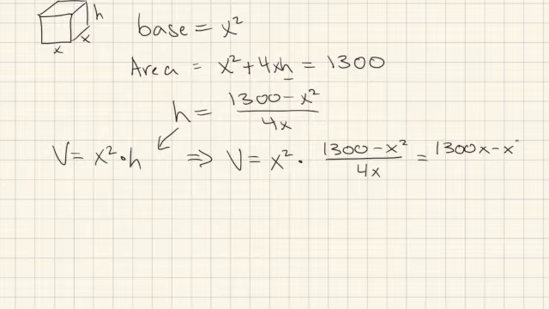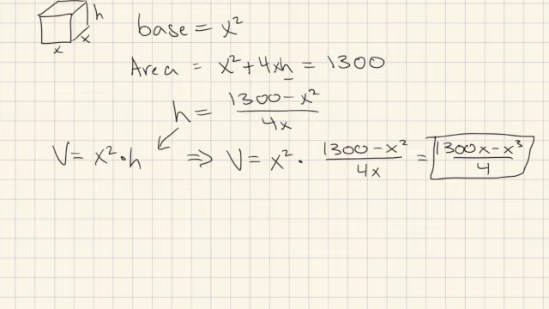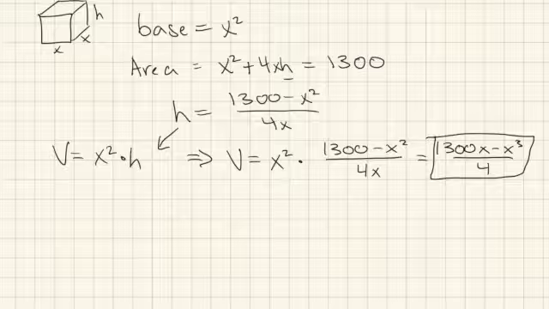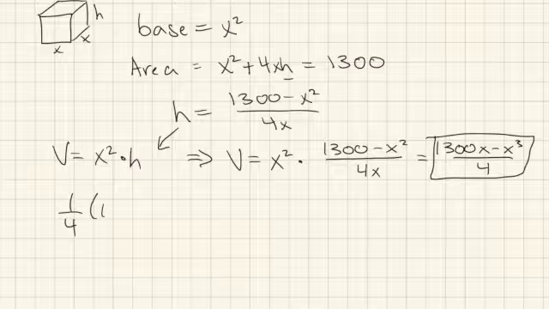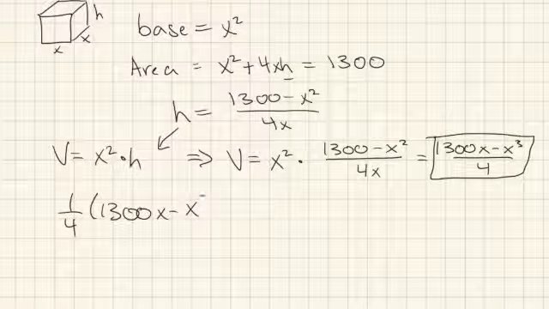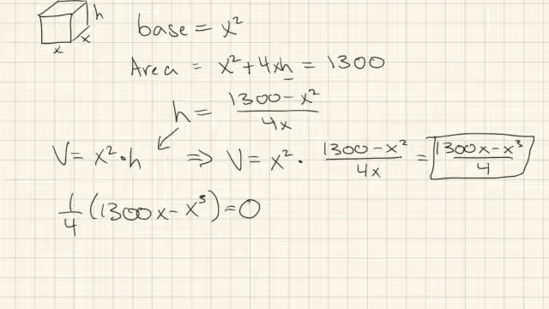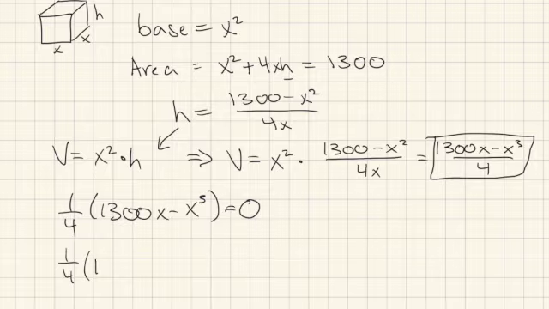Now, once we solve this, we will be left with our volume function in terms of x. Now, to maximize the volume, we have to find the derivative and then set it equal to 0. So, doing so, we will be left with this, and then the derivative of this is